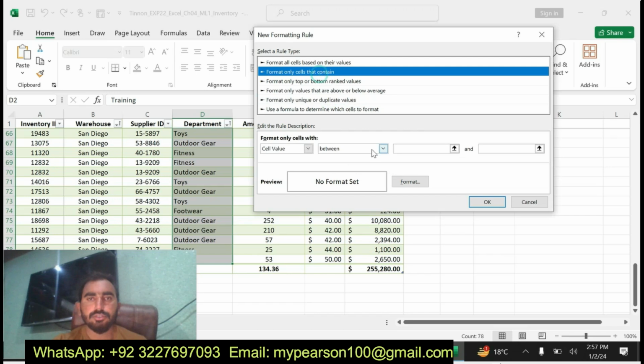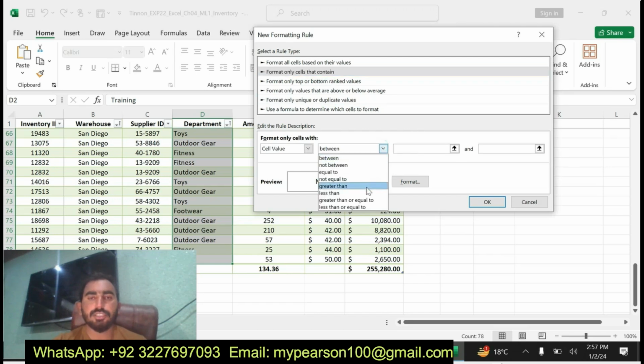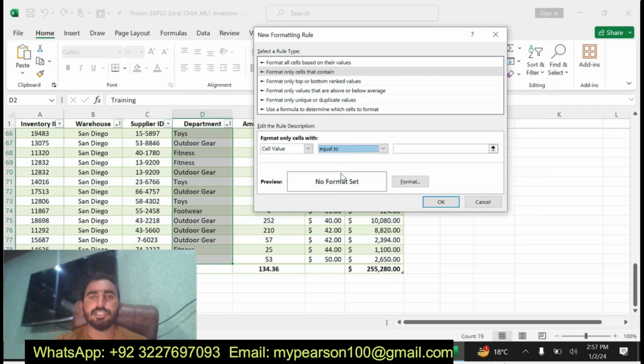For format only cells that contain, equal to, you are seeing here I am going to do step number 9, applying the conditional formatting rule.